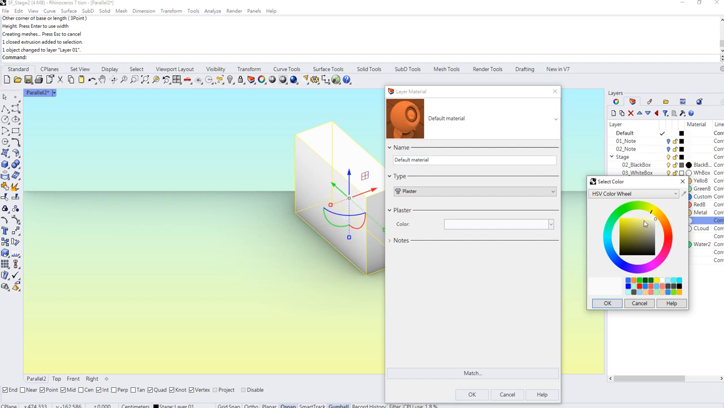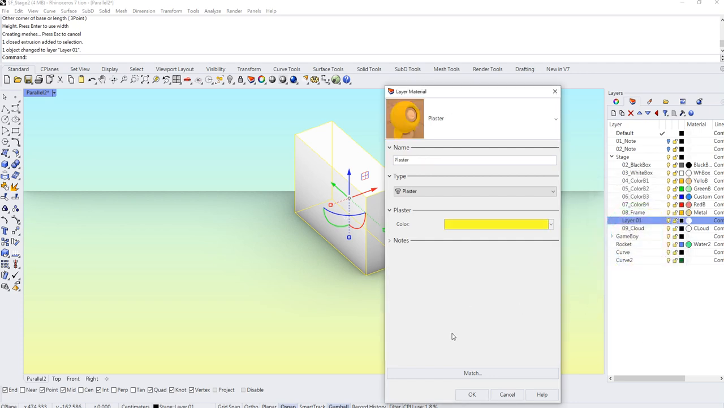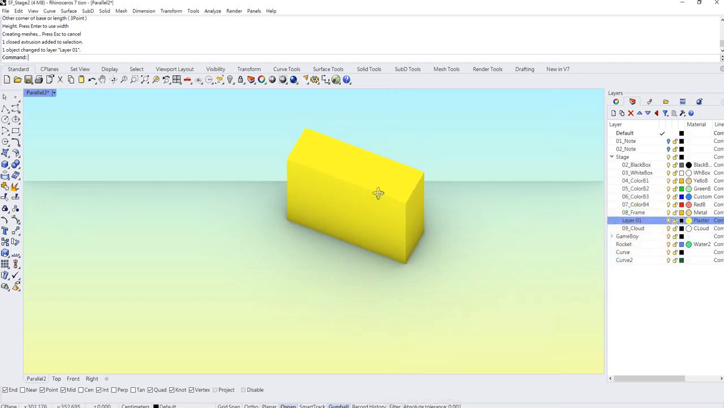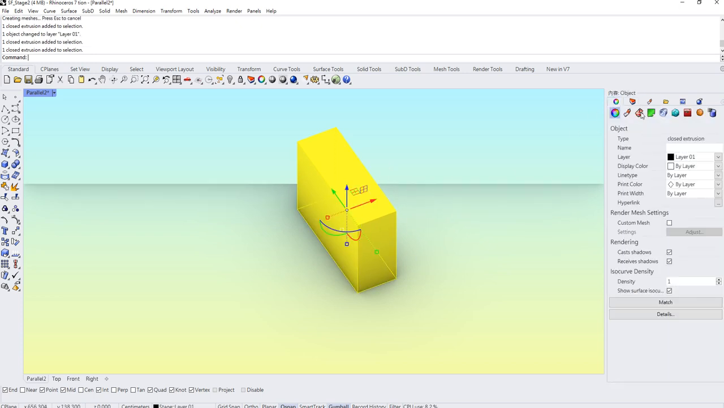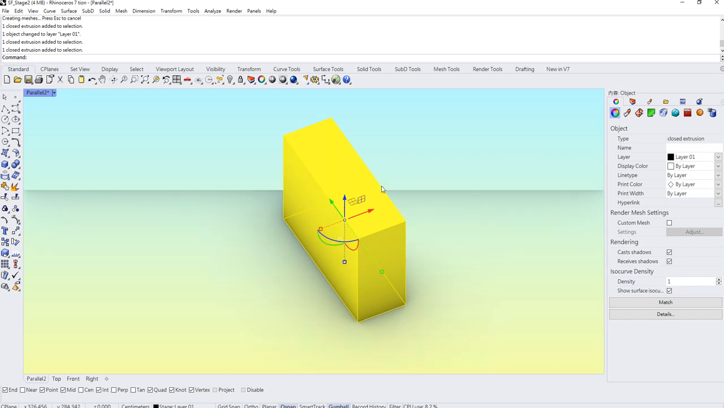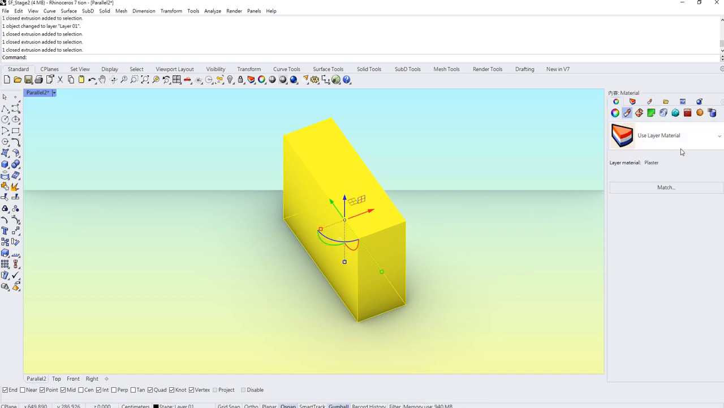Okay, so now let's change the material into yellow and click OK. As far as I can see, once you put this object inside this layer, it will change the color based on the layers. It's because for now the material of this object was based on the layer, not on the object. If you select this box and go to material, you can see right now the setting of this object is use layer